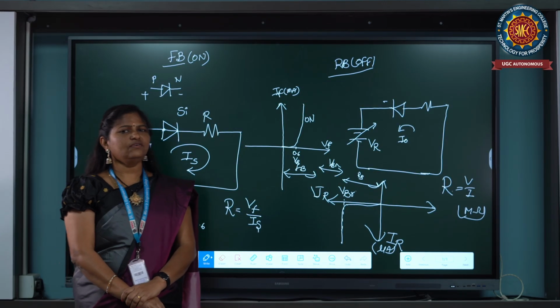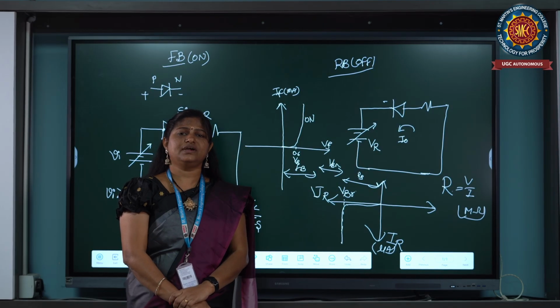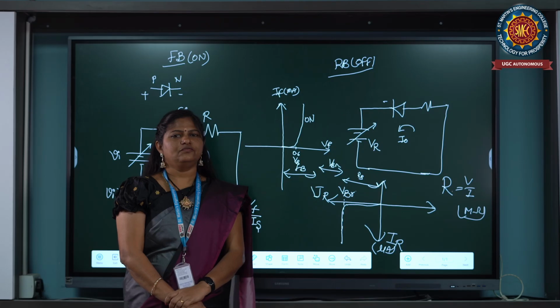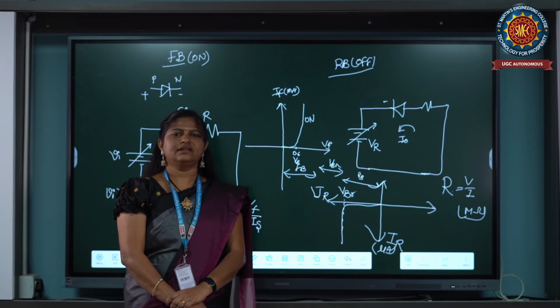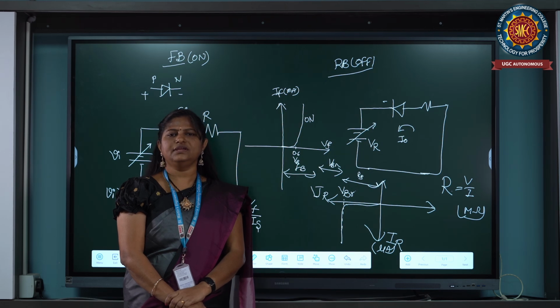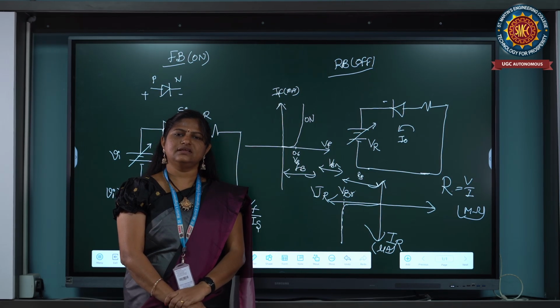One more application is in logic gates, clippers and clampers, where we use the diode as a switch. In clippers it is used to clip the waveforms. That is, we can clip the positive or negative side by the diode conducting in the on condition and the off condition. And we can use it in clampers. In clampers we shift the signals to either the positive side or the negative side based on the diode direction. We can move the signal without changing its shape, and that is called a clamper.